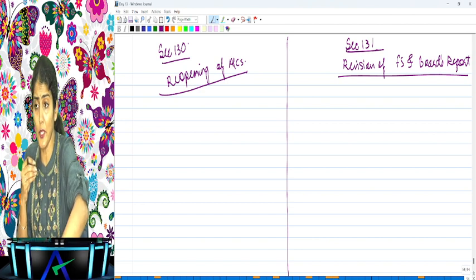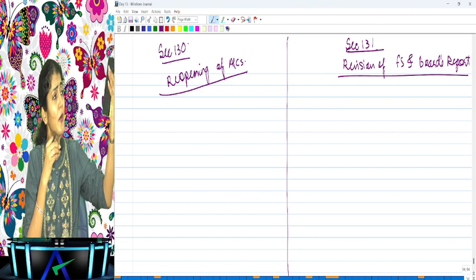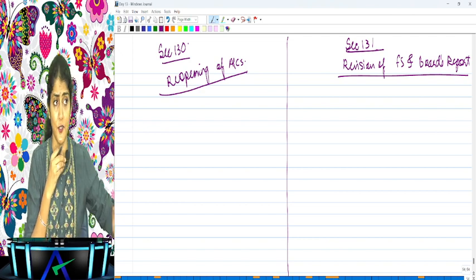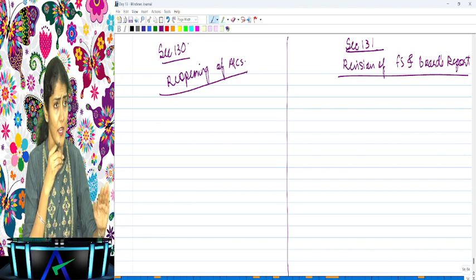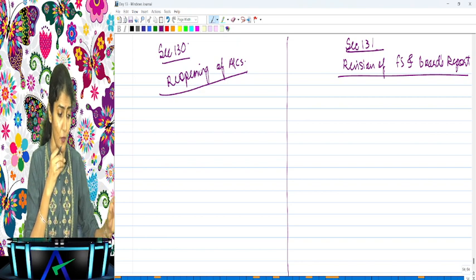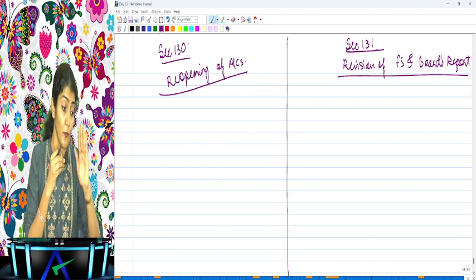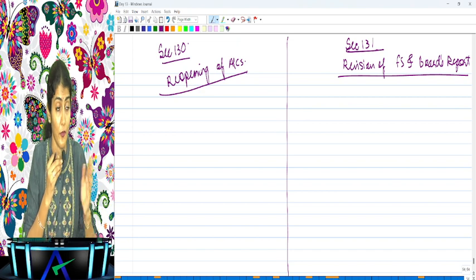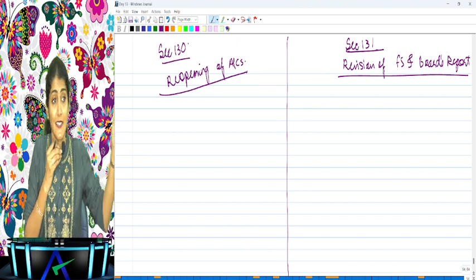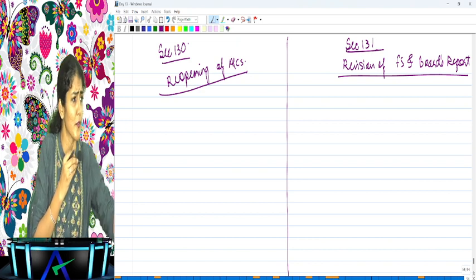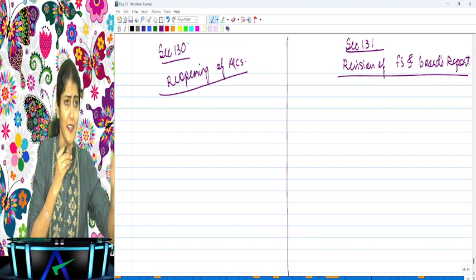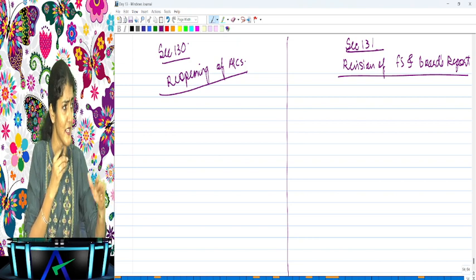Now you prepared your books of account for a particular year, and you have closed those books of account, say on 31st March 2017, or 2020. But now you say, no, we want to reopen these books of account, we want to open them again. Is it that easy? Oh, you want to open the books of account? Just open the folder, double click and it will open, or just flip the page and it will open.